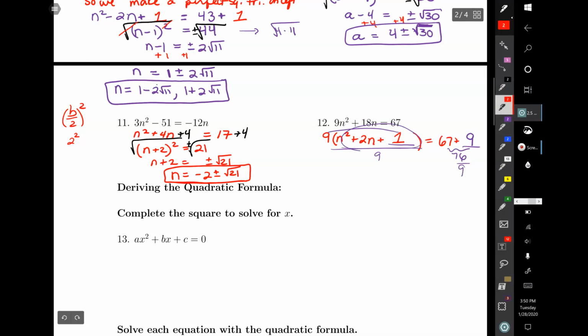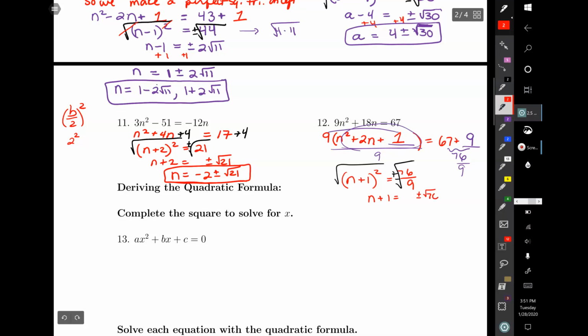So we would end up with n plus 1 all squared as our perfect square trinomial equals 76 over 9. Then when I take the square root of both sides, that's plus or minus, I'm going to end up with n plus 1 equals plus or minus the square root of